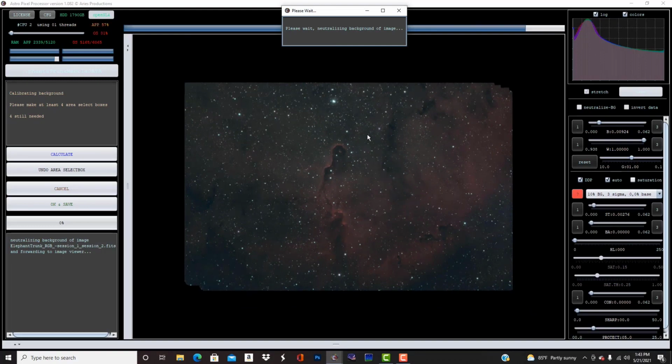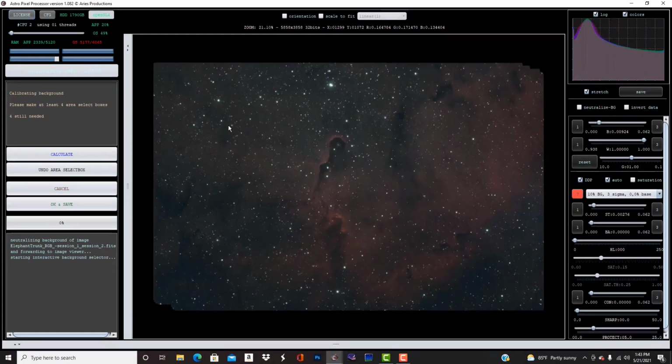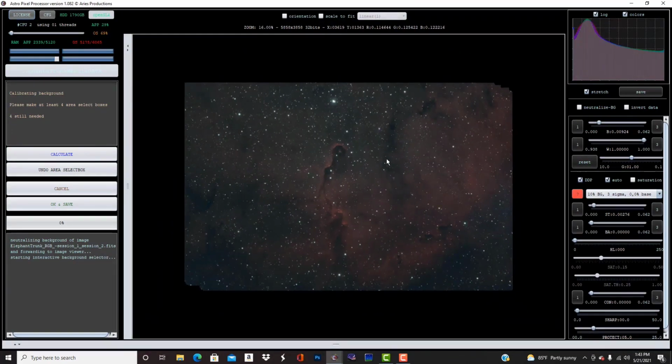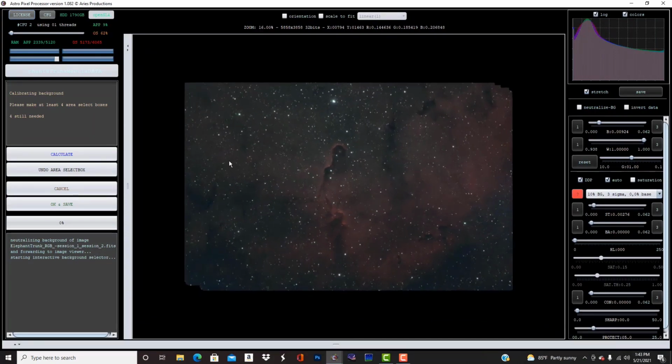And it's going to tell you to make 4 area select boxes here, and normally you would want to find just a dark spot of just black space, but this image actually has so much hydrogen gas here that it's going to be hard to find just a dark area, so I'm going to try my best to avoid any of the brighter